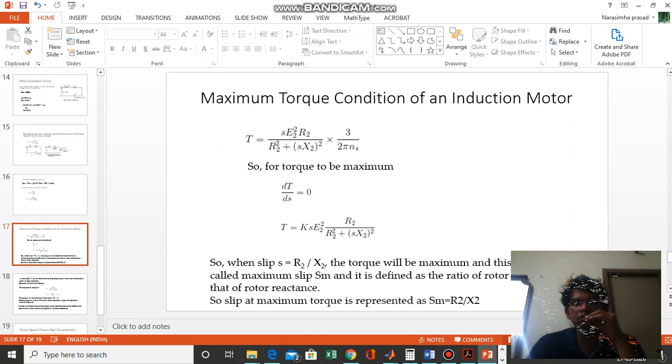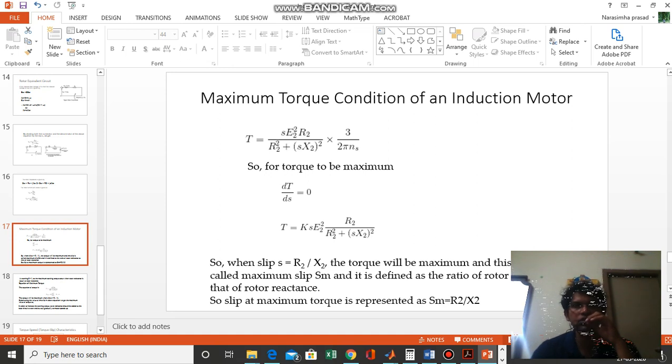We have already discussed two torques. One is electromagnetic torque and the other is load torque. The electromagnetic torque should be equal to the load torque, and only then is the motor able to run smoothly. If the load increases, what happens? The electromagnetic torque developed by the motor is reduced compared to the required load torque, which means speed reduces.